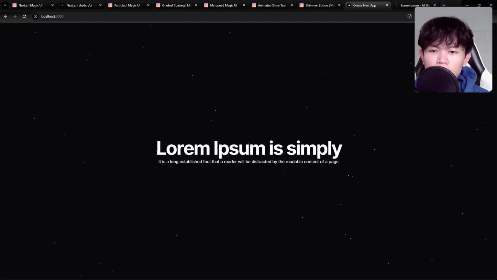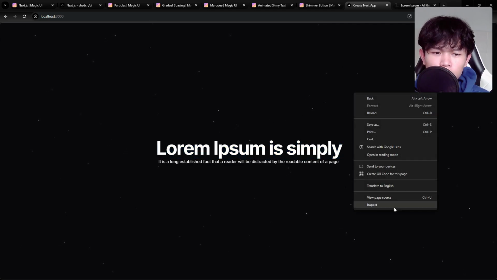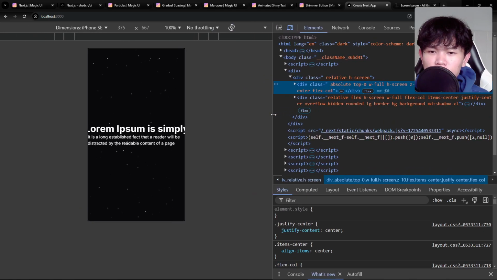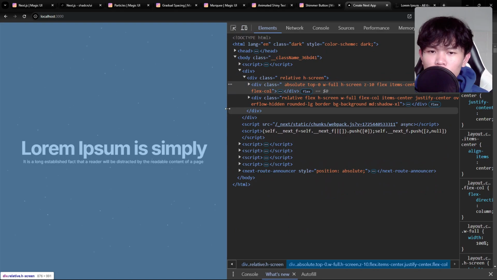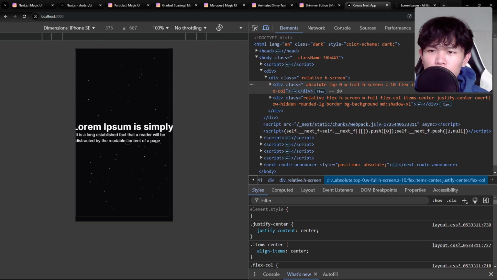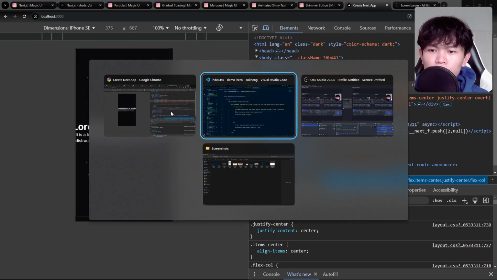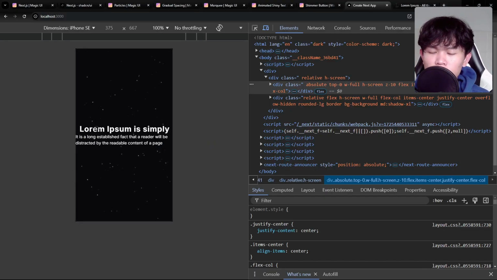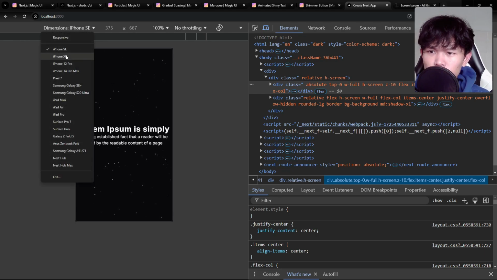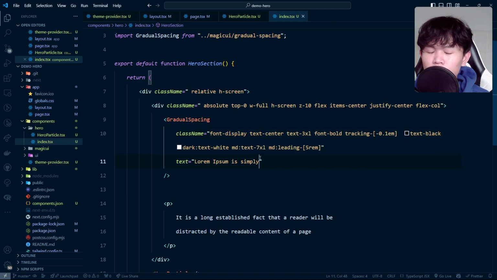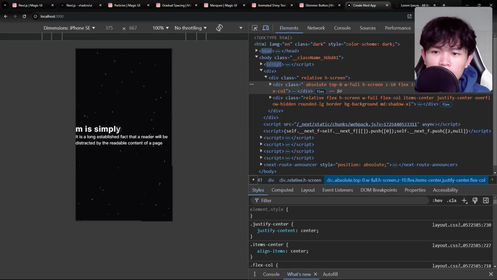One of the things with this one is that when it goes to a smaller screen, as you can see, it's not really responsive. That is one of the biggest concerns if you're using this one. Make sure you test with the device. For example, this one is not responsive at all. So first we can change the font to 3XL. So this is good. Right now it's responsive on almost all of the devices. This is okay. But sometimes, for example, if your text is very long, if I add more right here, it's really hard to